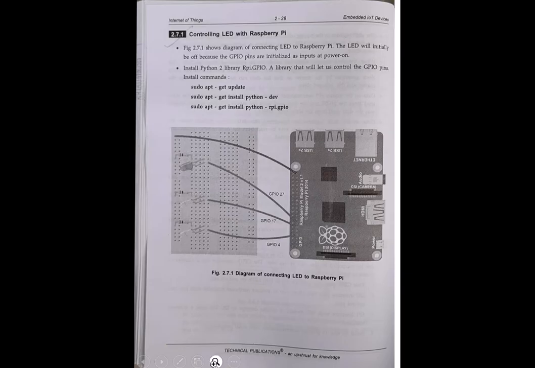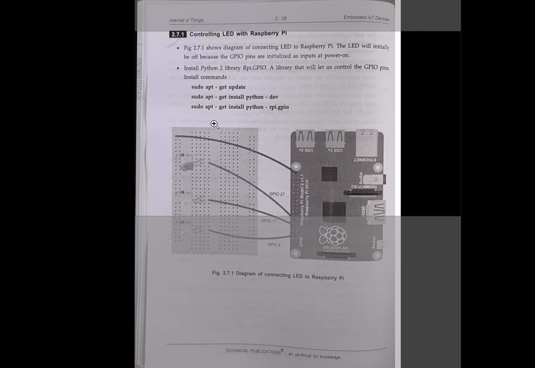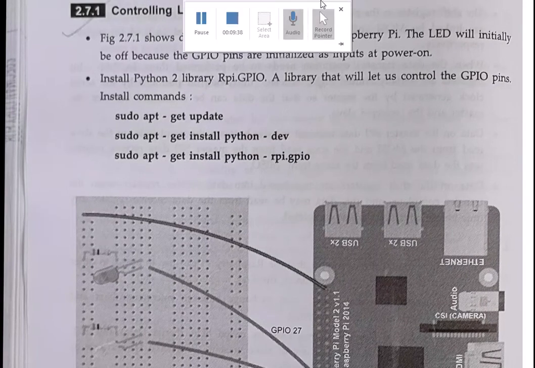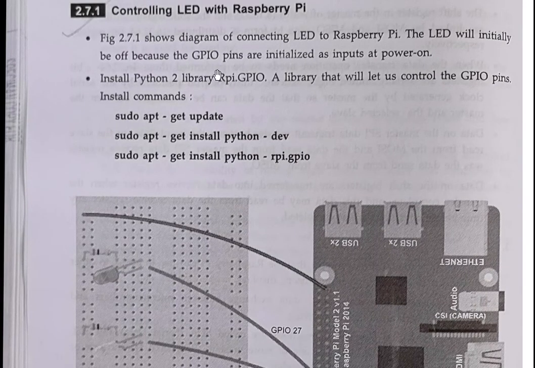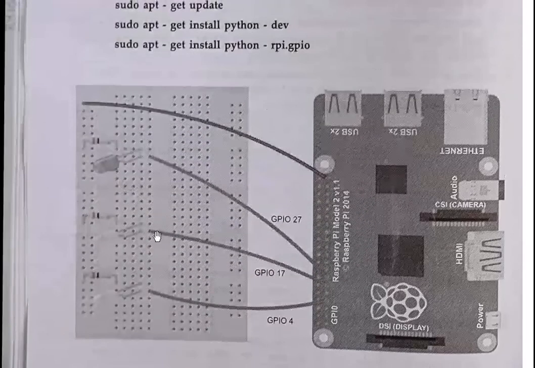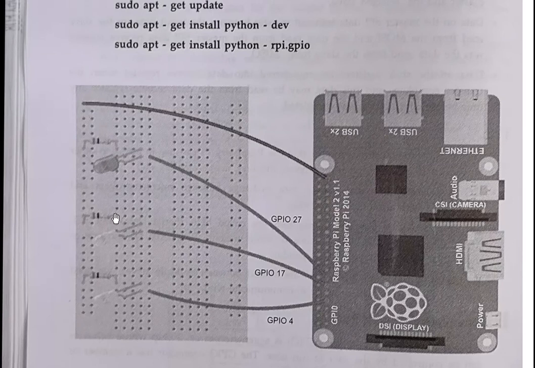So this is how we connect our Raspberry Pi for controlling LEDs. This diagram shows connecting LEDs to the Raspberry Pi. These are three LEDs, 1, 2, and 3, connected with GPIOs 4, 17, and 27, and this black wire is for the ground.